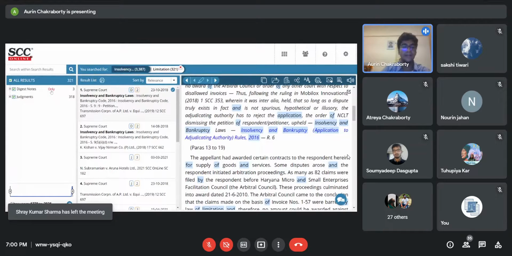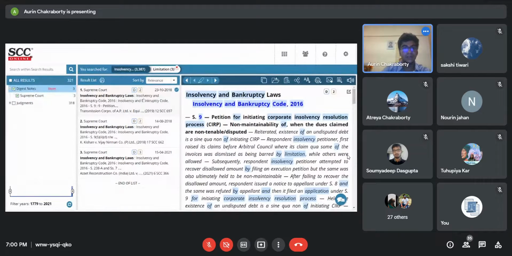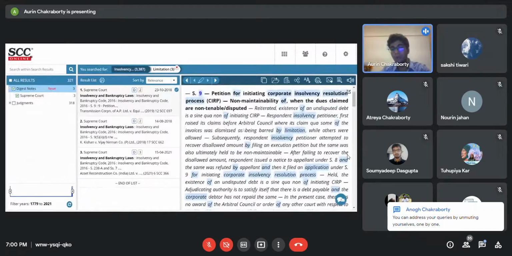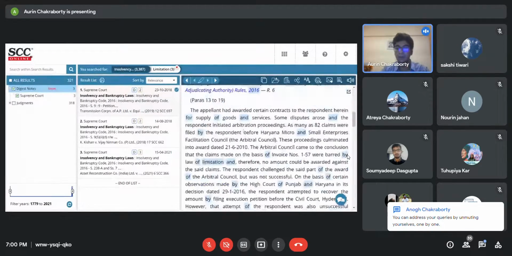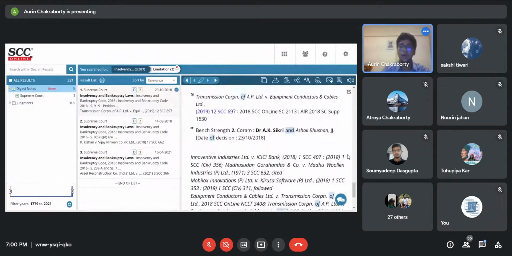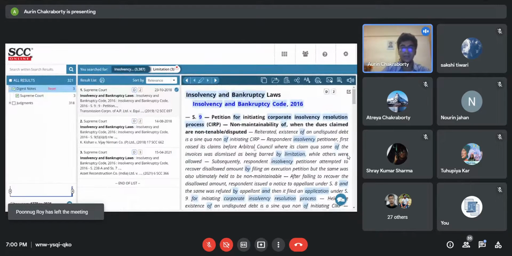You can further do this with the help of digest notes. You can just put in digest notes only, and there are Supreme Court judgments only with respect to the same. So over here, you have the digest note, which is the head note. You can just read this, and if it fits your case, or if it fits your needs, you can just take it down from here.